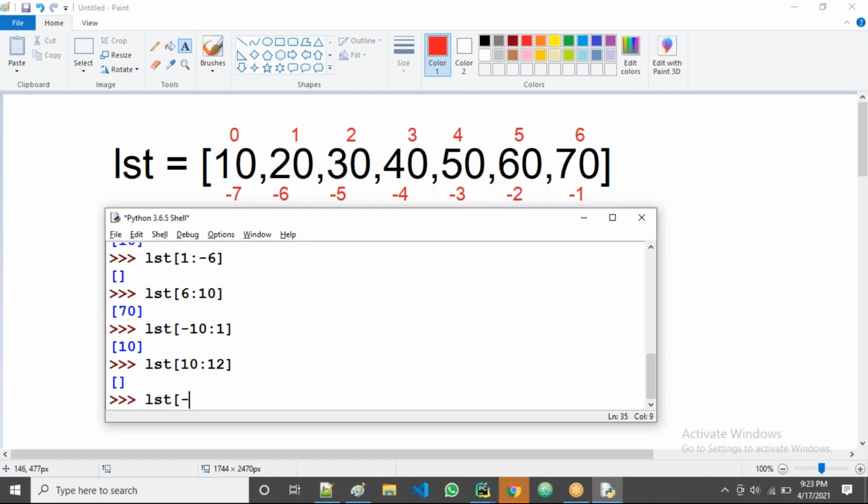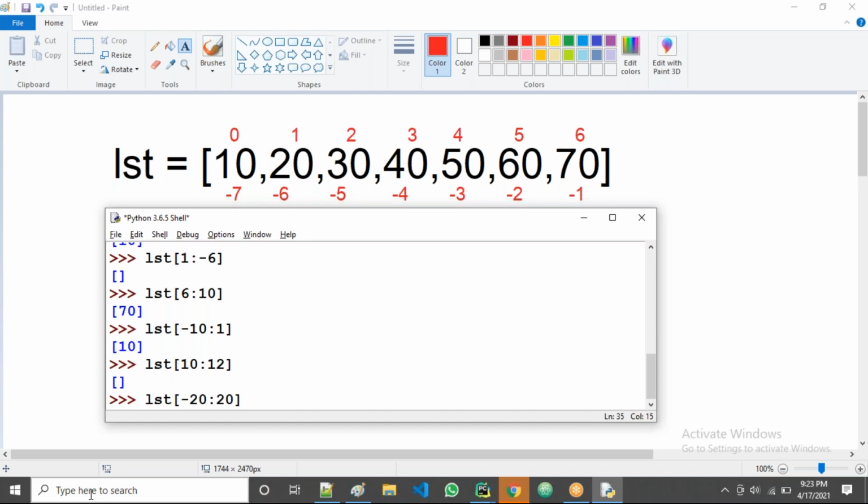Let's take here minus 20 colon plus 20, guys. So in this case, minus 20 colon plus 20, right? Is it an empty list or will all data come, guys?